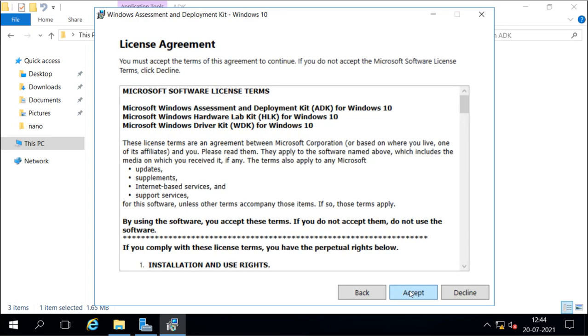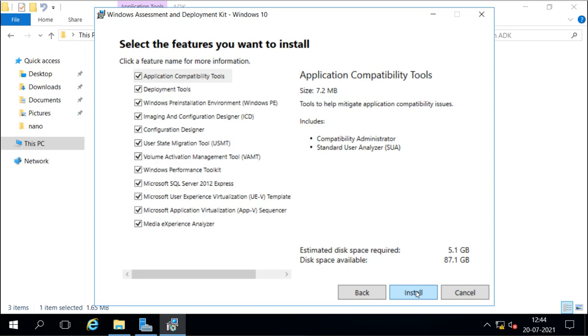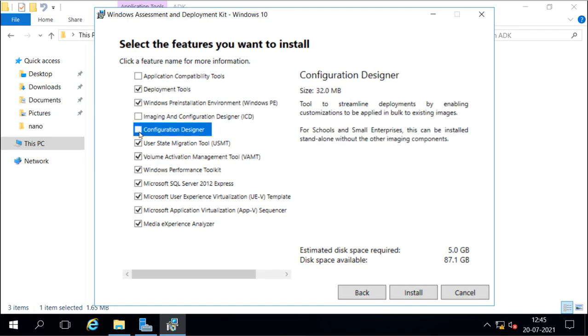Now I am accepting the license agreement, and then these are the tools. By default all are selected, and if I install all of them it is going to take almost 5.1 GB. So I'm not going to install all of these tools, I'm going to install what I require. I require Deployment Tools, the Windows Preinstallation Environment, and the User State Migration Tool.